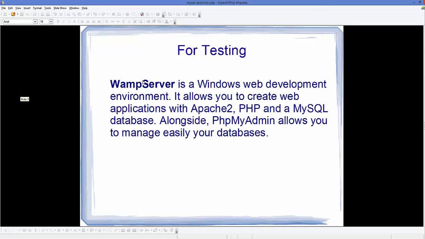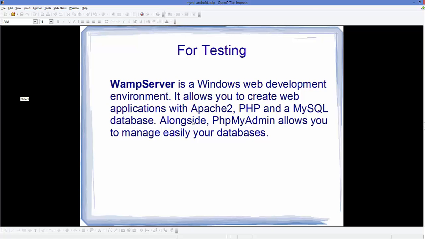WAMP server is a Windows web development environment, and it allows you to create a web application with Apache, PHP and MySQL database. Alongside, it also gives you phpMyAdmin, which allows you to manage your database easily. Okay, so this is the first option which we can use for creating our first Android application and